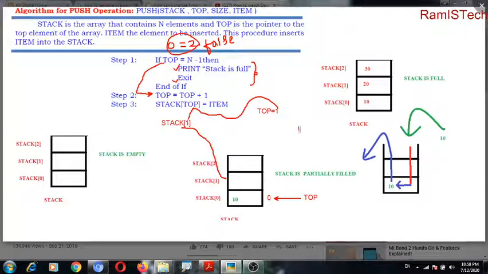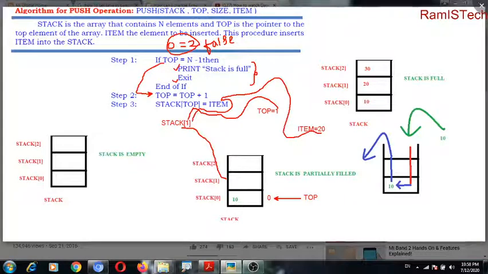So let us take, I am assuming item as some 20. This item contains the 20 value, and the 20 value we are moving into stack of top. Stack of top means what?